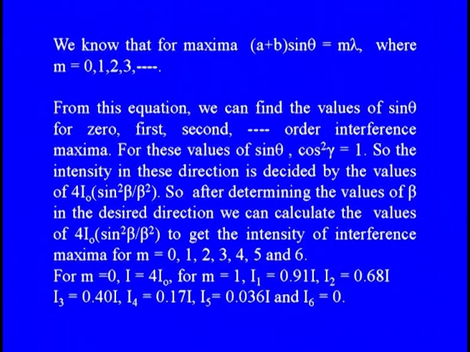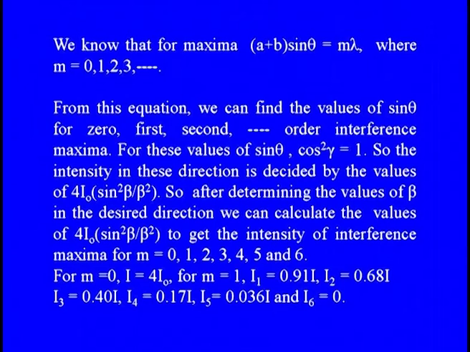So after determining the values of beta in the desired direction, we can calculate the values of 4 I naught sin square beta by beta square to get the intensity of interference maxima for m = 0, 1, 2, 3, 4, 5 and 6. For m = 0, I will be equal to 4 I naught. For m = 1, I1 will be equal to 0.91 times I,